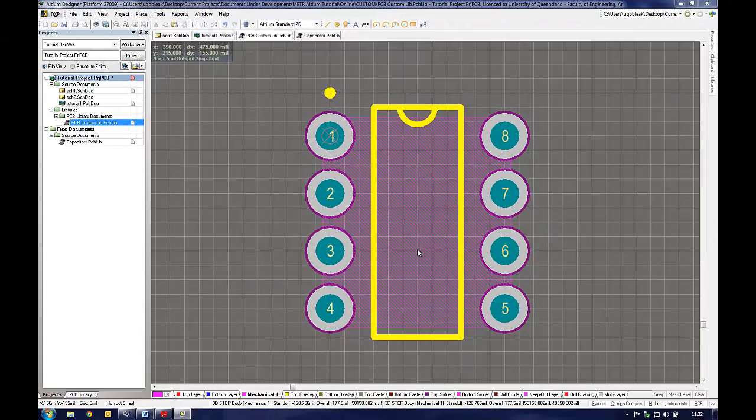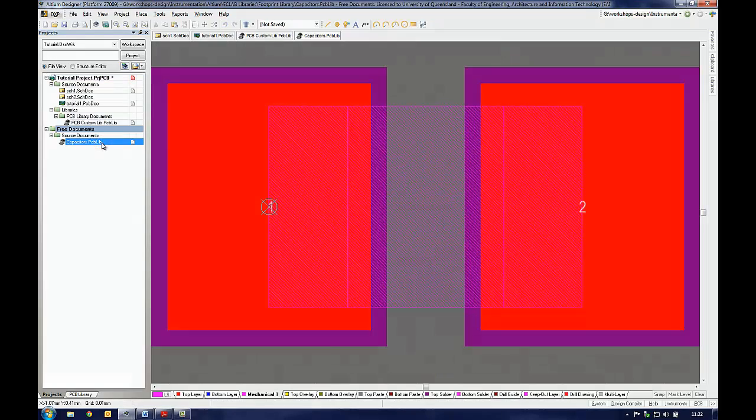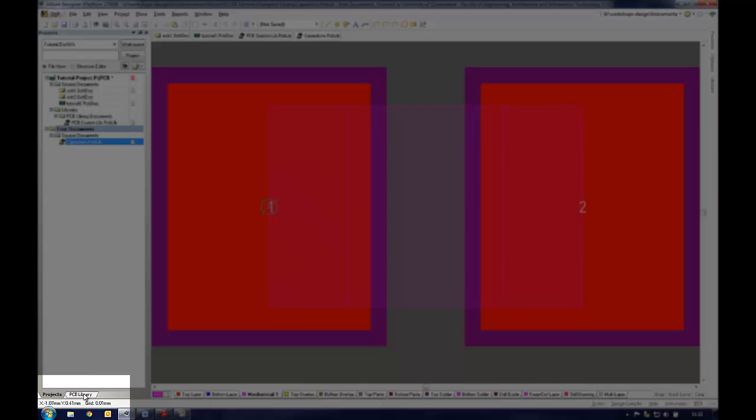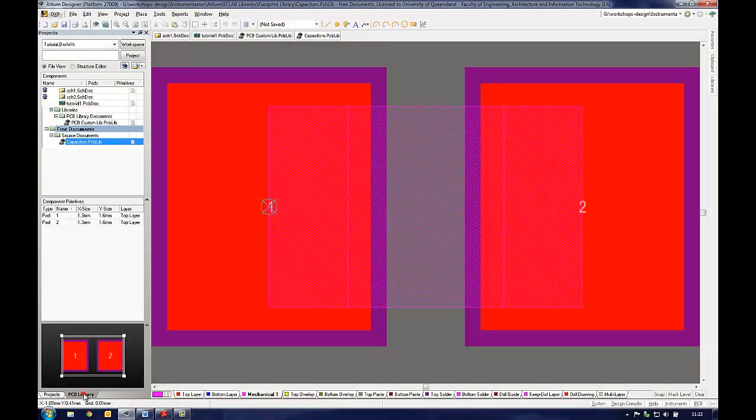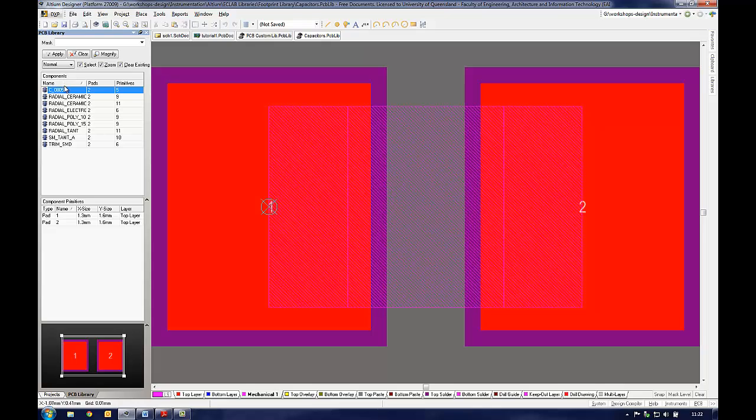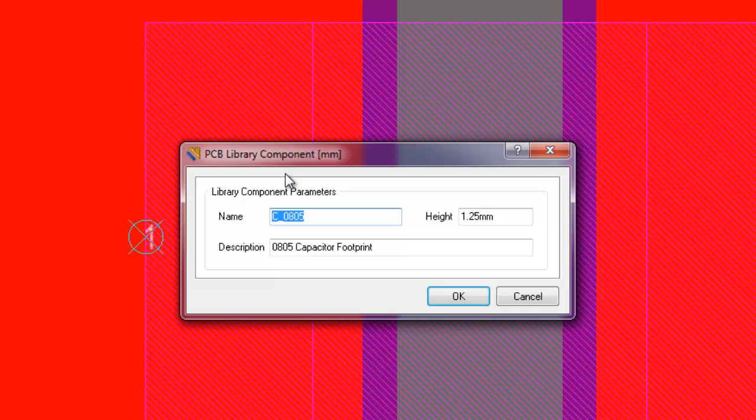A PCB library may contain many different component footprints. Each footprint will need to have a name, properties, and a description associated with it. These parameters can be accessed by clicking on the PCB Library tab at the bottom left of the main window. This tab displays a list of all the components contained in the currently selected library. Double-clicking the name of each component will open a small component properties window where the user can input the component